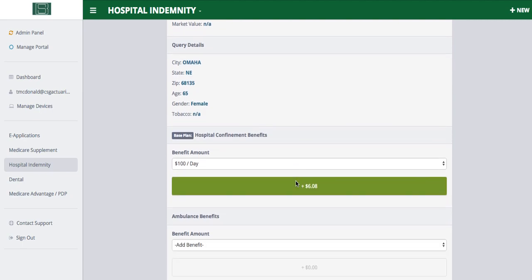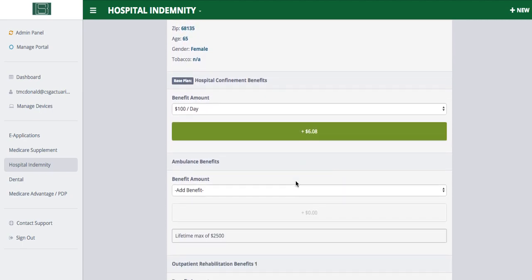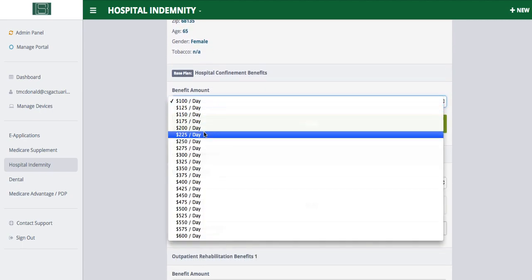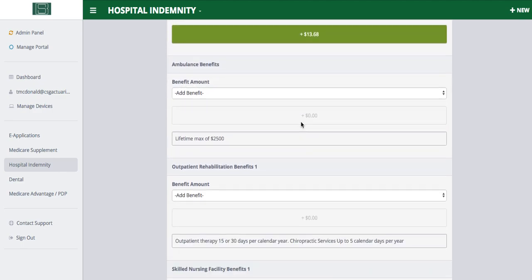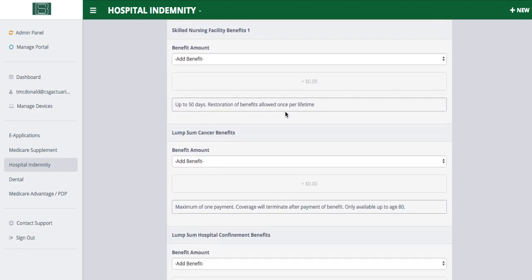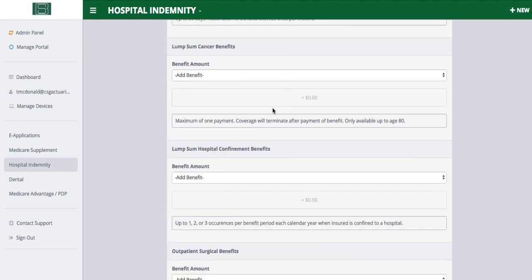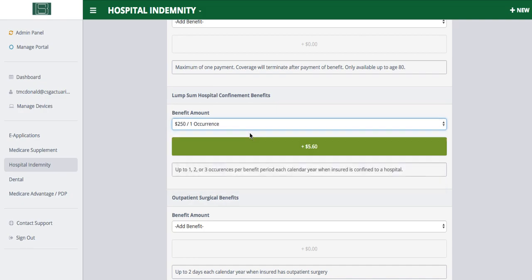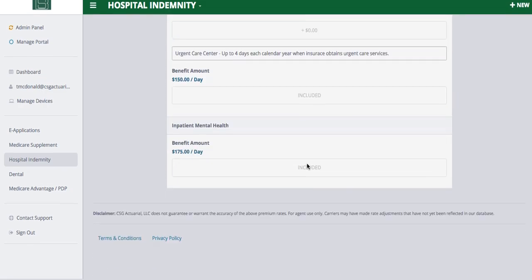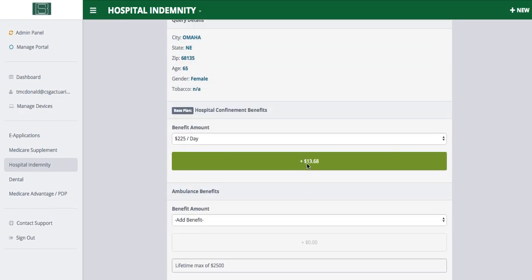hospital indemnity plans. And the great thing about this hospital indemnity tool is you can change the benefit amount and it will show how it affects the price for this hospital indemnity plan. So you can always add in different benefit amounts and really customize the plan that best suits your client. It will then show you how much it will add in the cost for these different benefits that we add